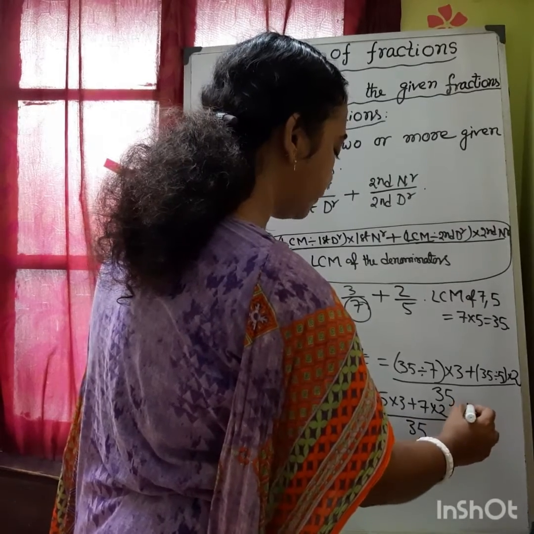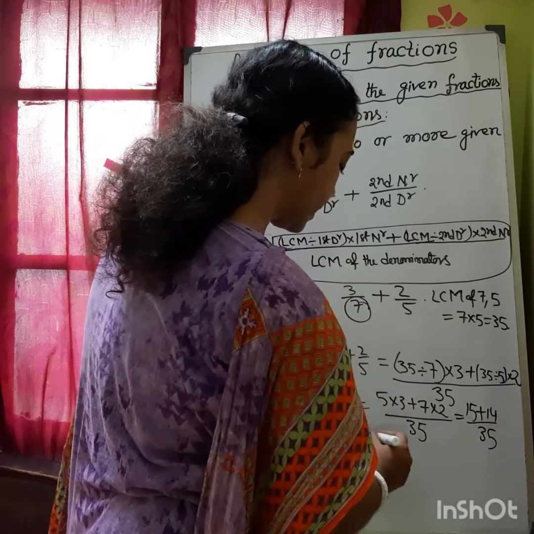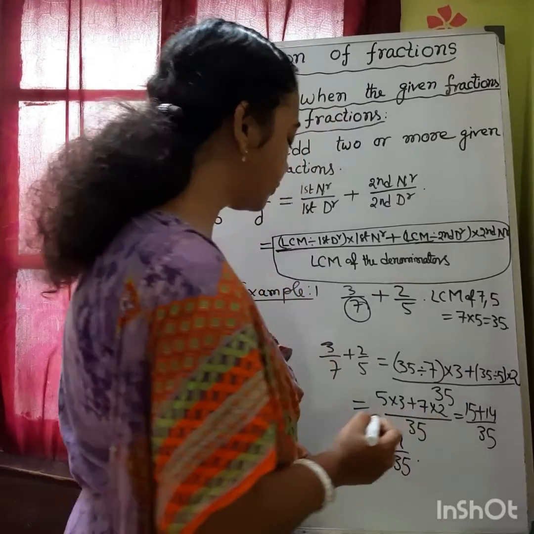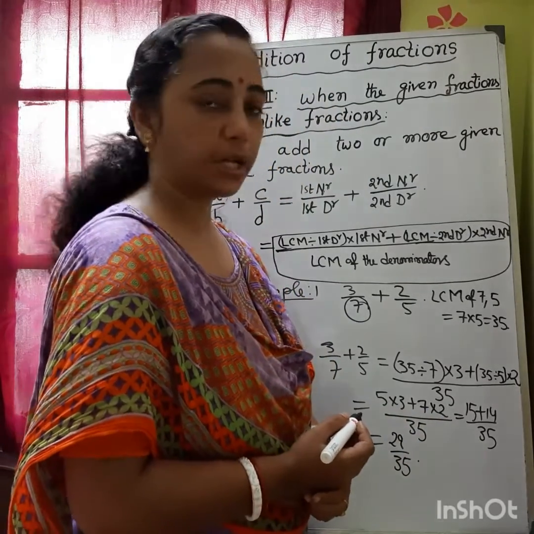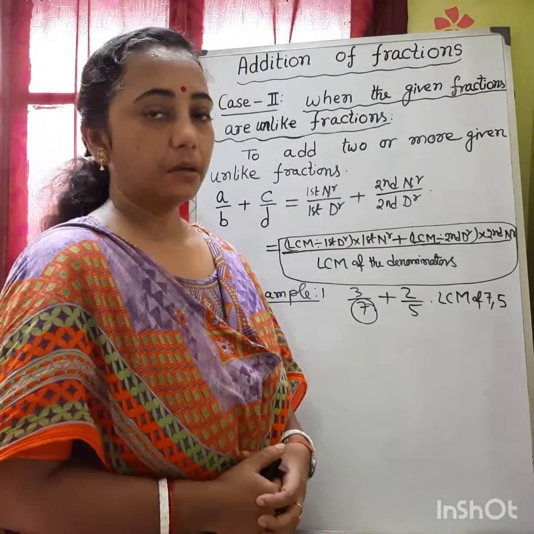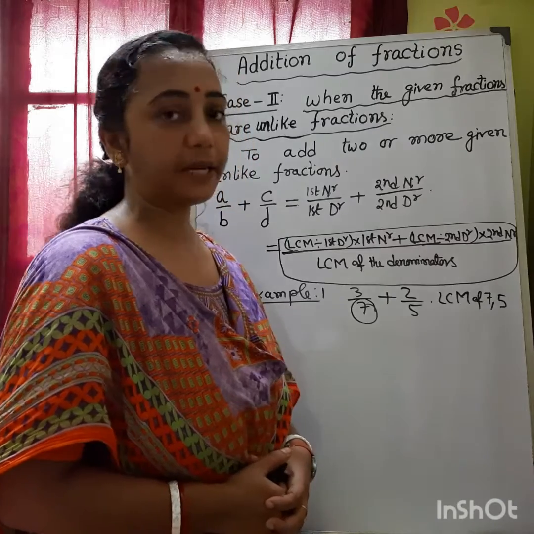So here we are getting 15 plus 14 by 35. So the result is coming here 29 by 35. So the sum of two unlike fractions, that is 3 by 7 and 2 by 5, is giving 29 by 35. Now alternatively we can find the sum of 3 by 7 and 2 by 5,